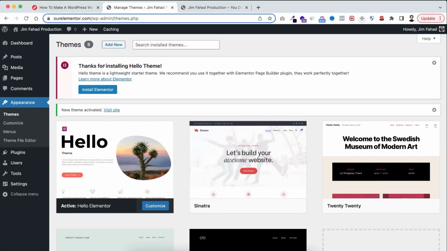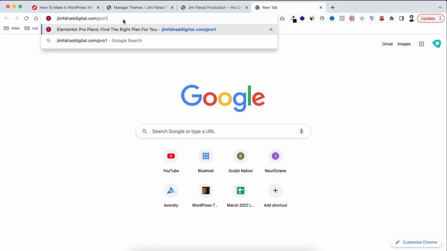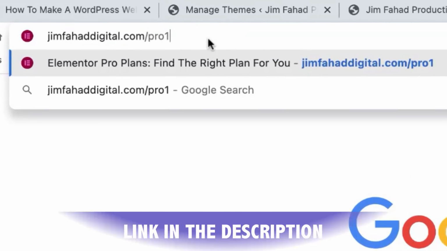Now it's recommending to install the Elementor Page Builder, but I don't want to do it in this way. For that reason, I'm just closing this. Let's close the pop-up. Okay, like I said, to take the full potential of this amazing website, we will be using Elementor Pro. To get the Elementor Pro plugin, you can just go to